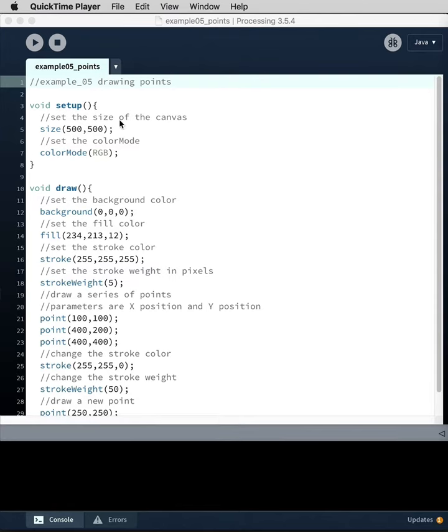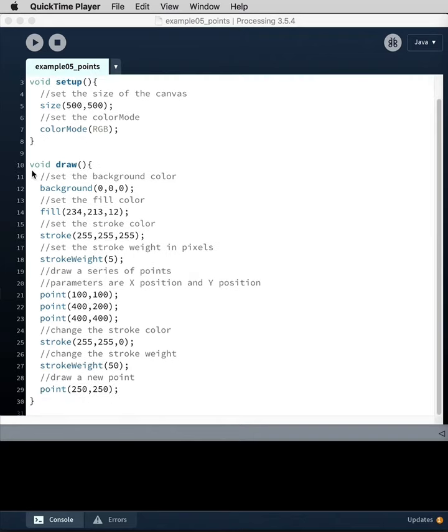This tutorial is looking at just drawing with points. So we have the same structure that we've been following for the previous code samples. We've got void setup with a code block where we're setting the size of the canvas at 500 by 500, colorMode RGB. The void draw loop has a background set to 0, fill set to a to-be-determined color,